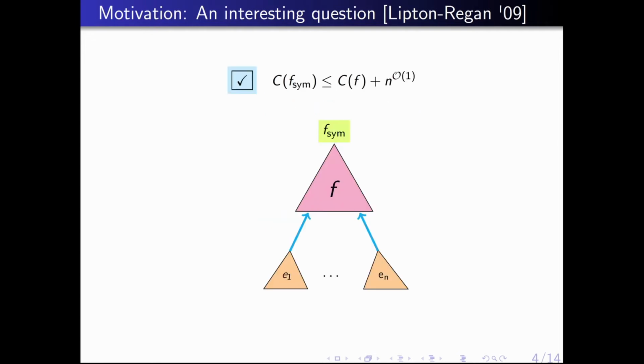Let's see why. From the fundamental theorem of symmetric polynomials, we know that if we can efficiently compute the elementary symmetric polynomials, then we can just plug those elementary symmetric polynomials into the circuit of f, and that will output f_sym. In the literature, elementary symmetric polynomials are known to have polysize circuits. They even have small formulas. Whenever in this talk I say small, small means polysize. Thus, we can easily compute the e_i's and feed them to the circuit of f as shown in the figure, which in turn outputs f_sym.